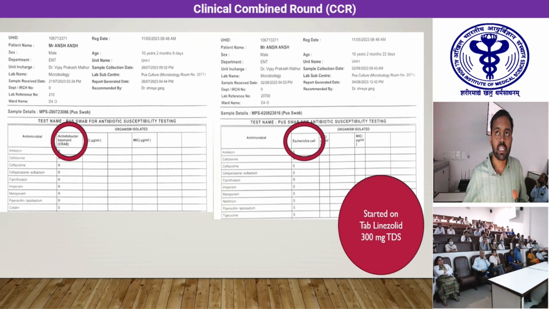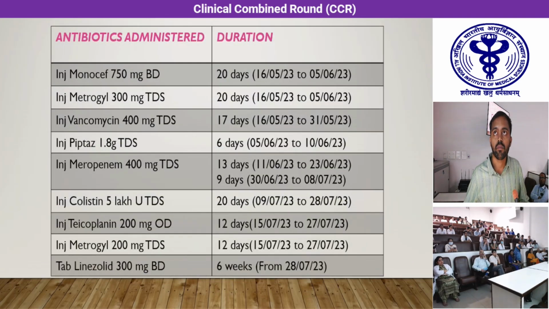Post-operatively, again the culture sensitivity report showed Acinetobacter baumannii and Escherichia coli, and he was given tablet linezolid along with injection colistin, metrogyl, and teicoplanin. So he received this many antibiotics during the hospital course, along with the mentioned durations,